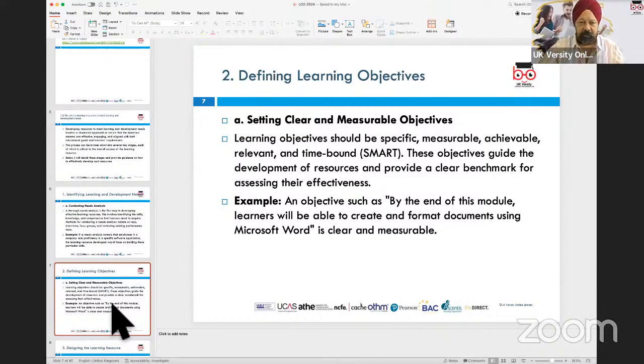Now, before you start, you're also going to define some learning objectives for your learners. These learning objectives tend to be defined in a SMART way. That means they're specific, measurable, achievable, realistic, and time bound. Because you're not going to be teaching that unit across the year, you're going to teach that unit for about 6 to 8 weeks, and within those weeks, you look at the guided learning hours,